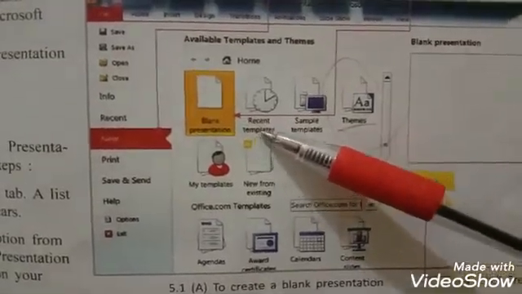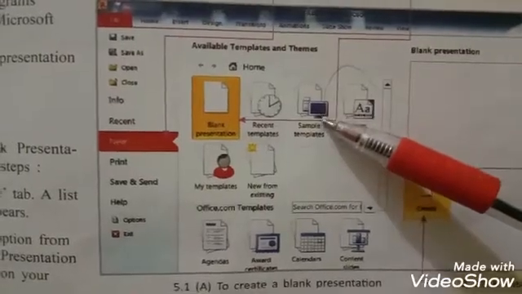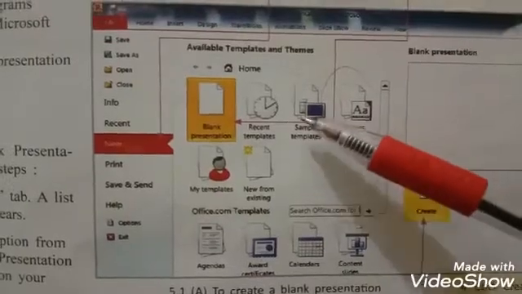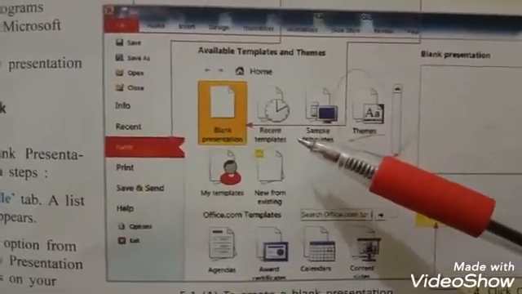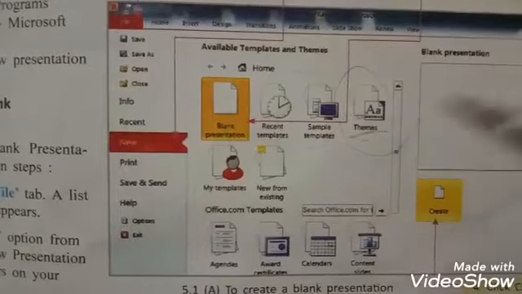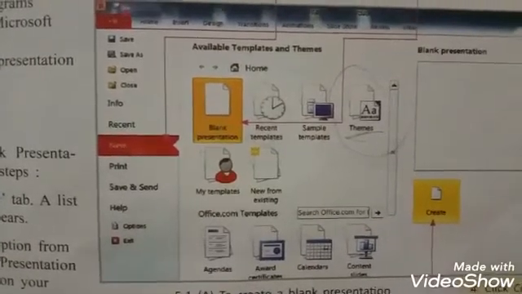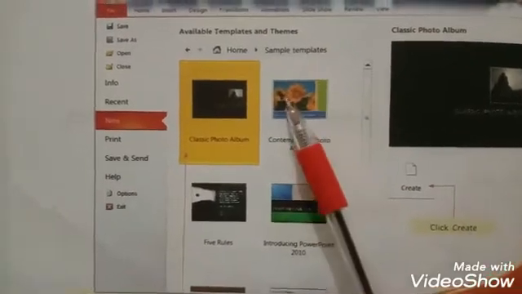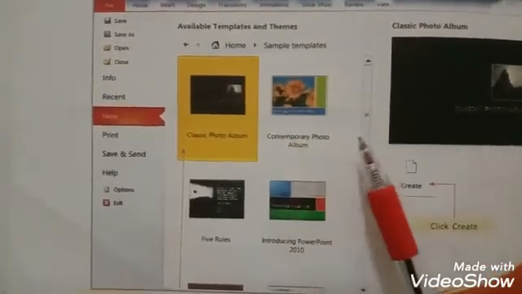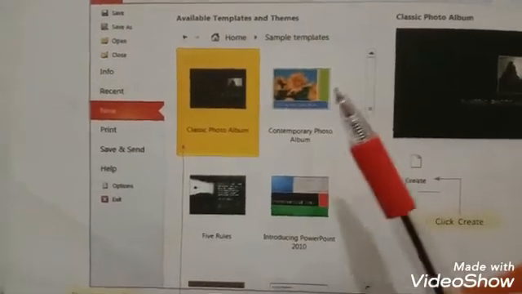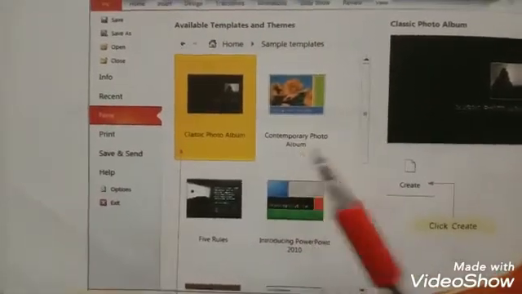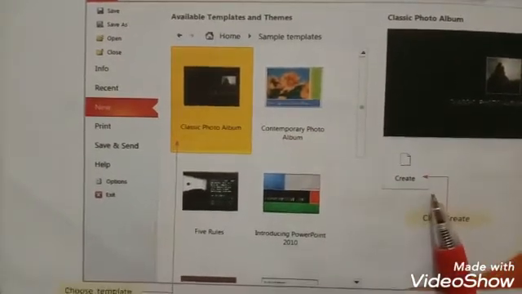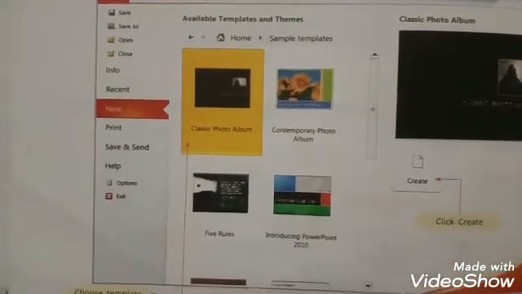Click Recent Templates or Sample Templates to create a presentation by using installed templates. After selecting the templates, this page will appear on the computer screen. Select the template you want to use for your presentation. Click Create. Your new presentation will appear.